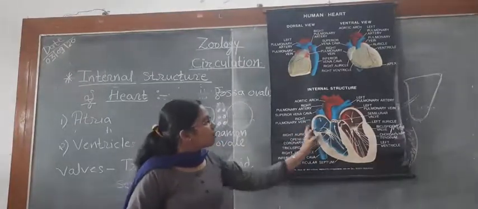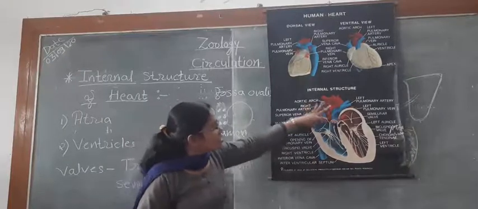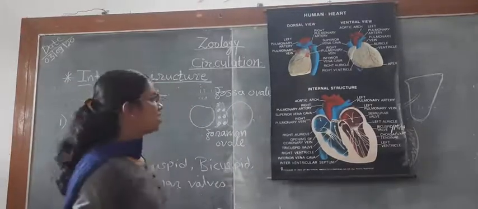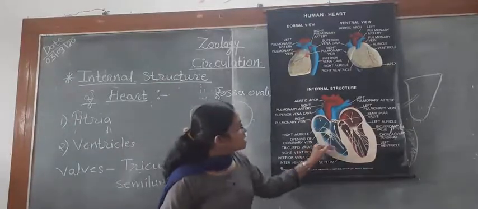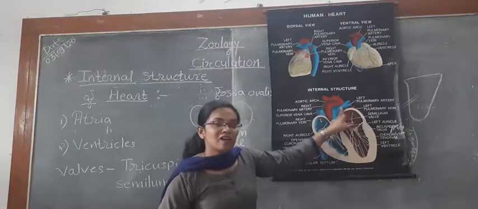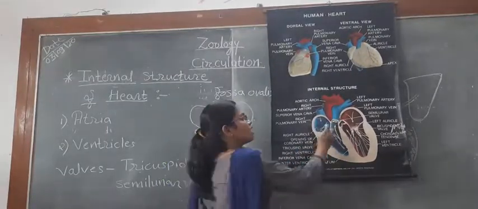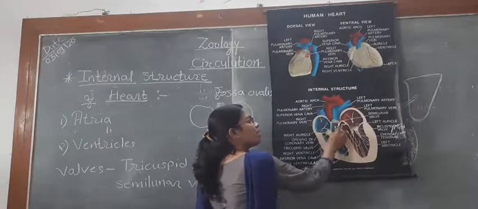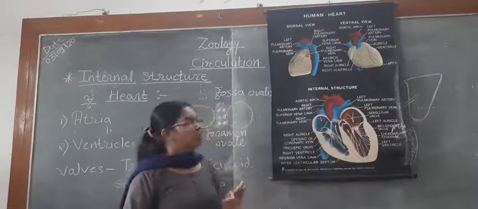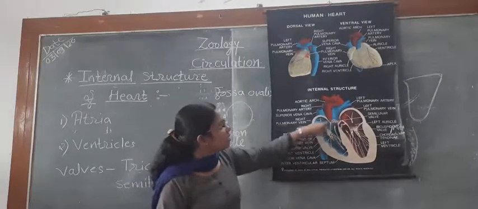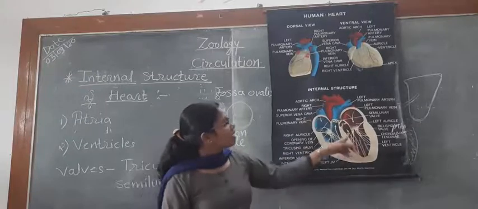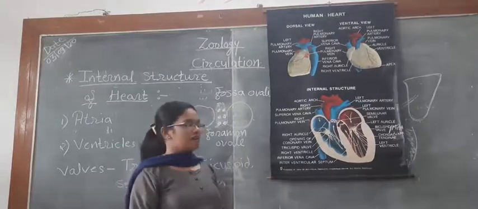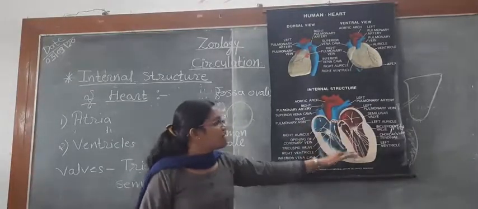Then next, how many valves are these? Here 2 valves and here 2 valves, 4 valves. But actually there are 6 valves present in the internal structure of the heart. Once the blood goes through the pulmonary trunk, it never reverts. So there are 3 semilunar valves at the base of the pulmonary trunk and the systemic aorta. When the blood enters the pulmonary trunk, it never goes back, and again the oxygenated blood enters the systemic aorta, it never goes back to the left ventricle. So this is about the atria and ventricles.